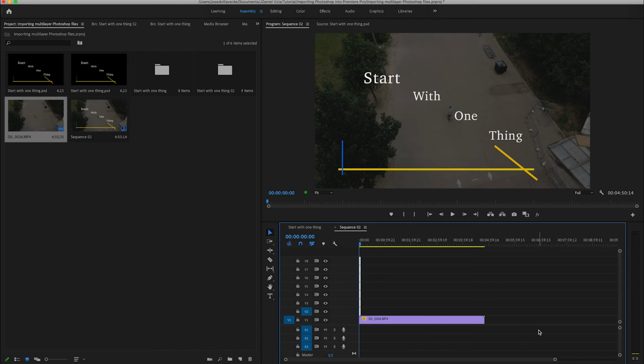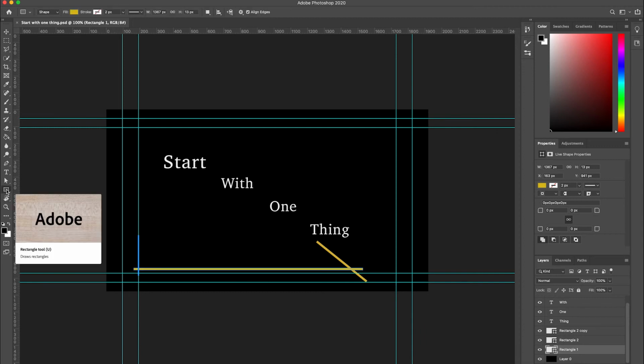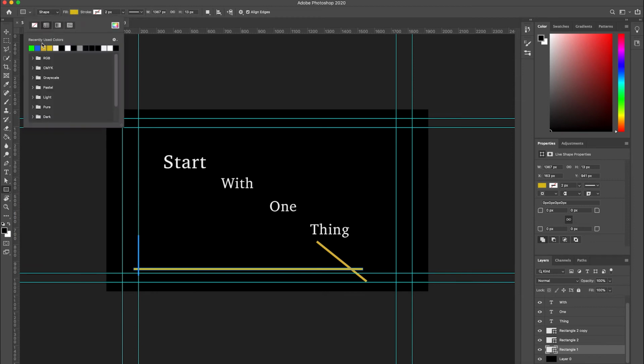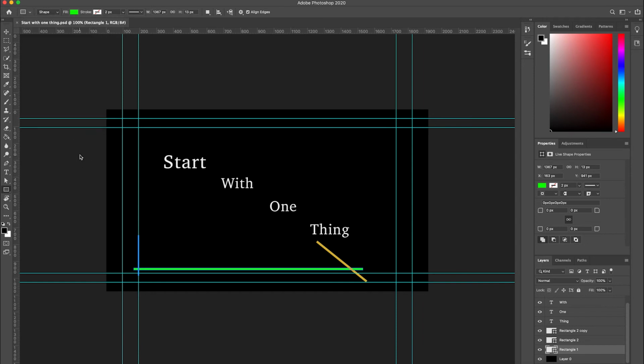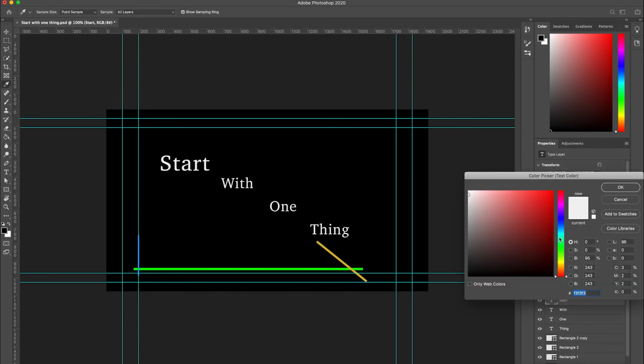If we go to Photoshop, let's open Photoshop, and then let's select this layer here, this line on the bottom, and we are going to select this to be able to change the colors of our shape. Let's say we are going to use green, and we are going to select this letter, for example the star, and we are going to increase the size. Let's not increase it too much. We increase the size of the letter, and let's say we are going to change the color as well. Let's do it green as well.